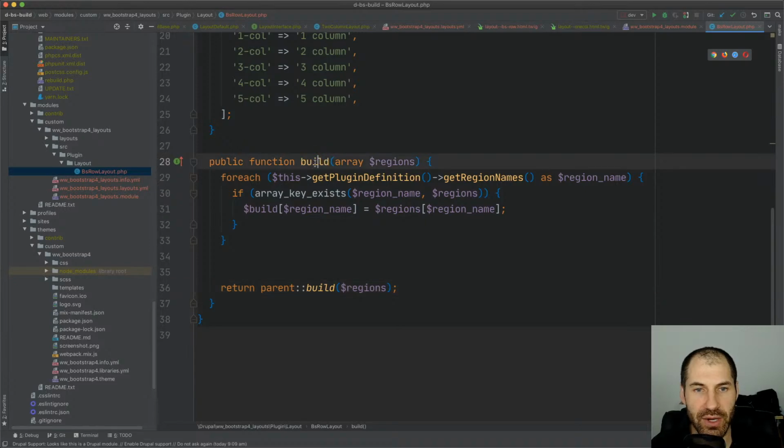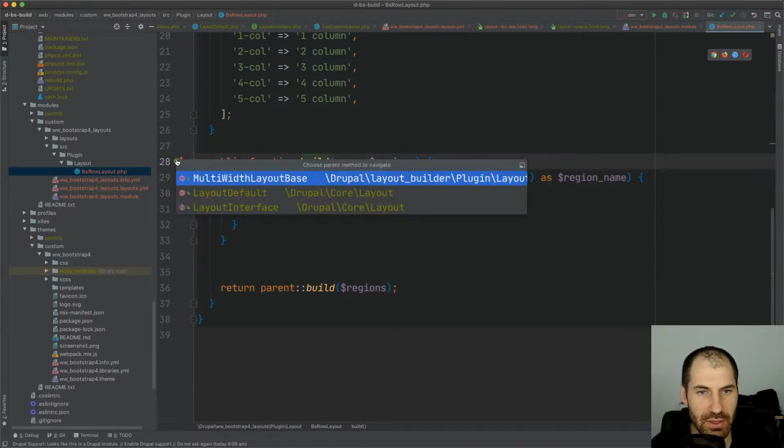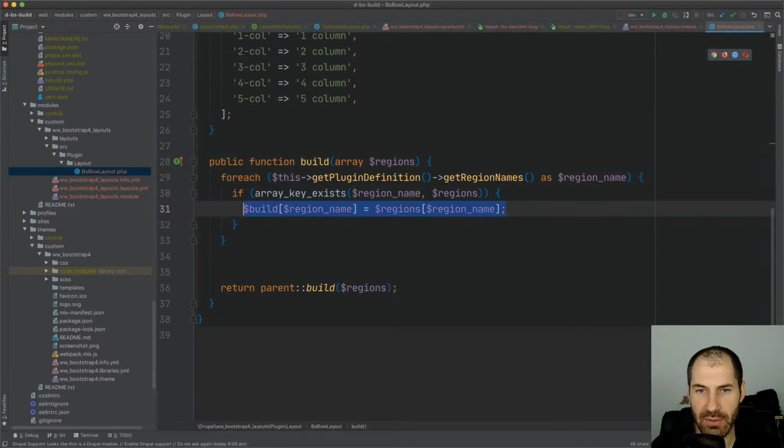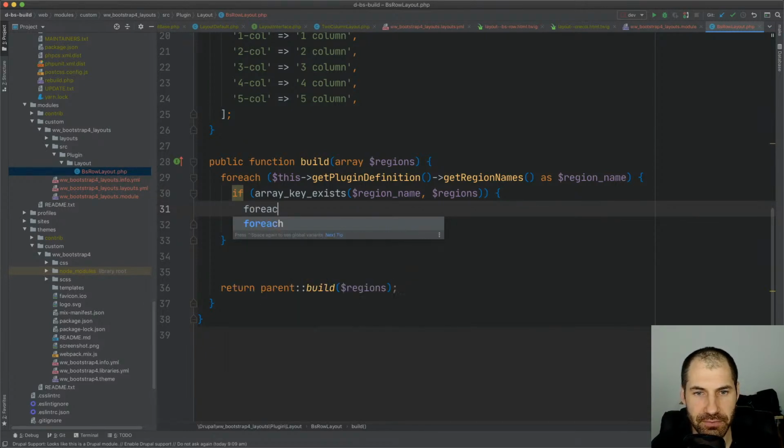So let's remove that breakpoint. Let's go back to here. Remove that breakpoint. Perfect. So instead of that, what we need to do is loop through the regions. So let's do a foreach. Oh man, this is one thing I don't like about